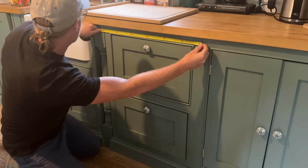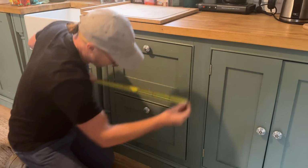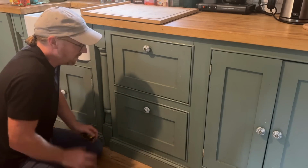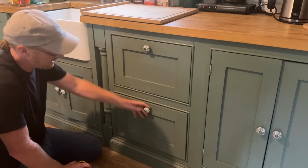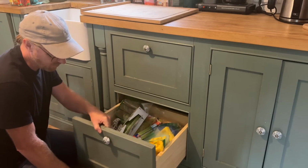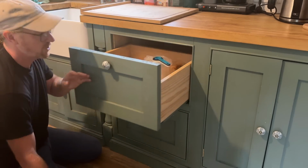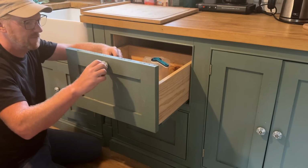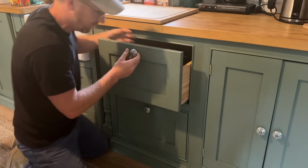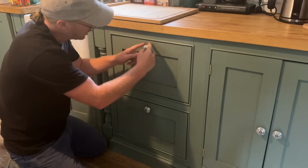That's 59.3 centimetres. That's an interesting size, John. So it looks like if we're going to repurpose these drawers, and I think we could, they're not the best drawers and they're going to need some serious working on to make them feel a little bit nicer, but they have been very functional. I didn't like these doorknobs, by the way. They've never worked particularly well. They look beautiful, but trying to grab hold of them has always been a bit of a challenge. So I think we'll just maybe put